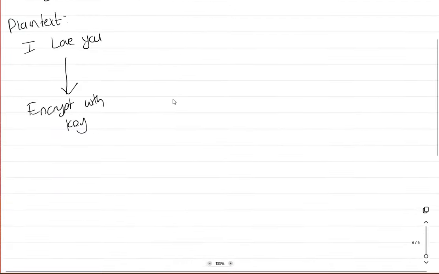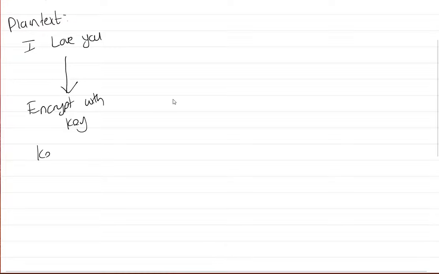Okay, so they pick a key. The key maybe is a 5, okay? And then you get a ciphertext. The key can be anything, hey? It doesn't have to be a number. So the ciphertext can be something like